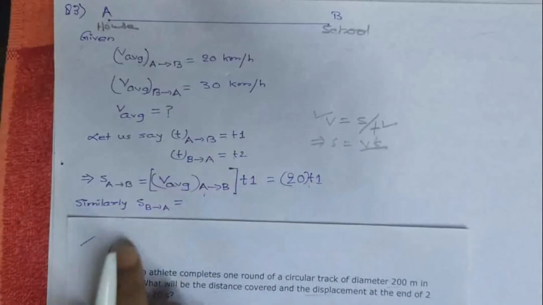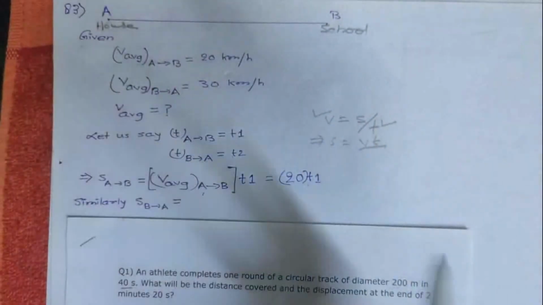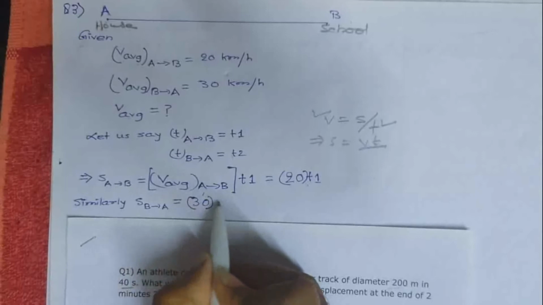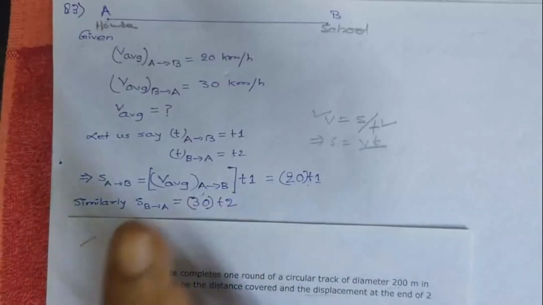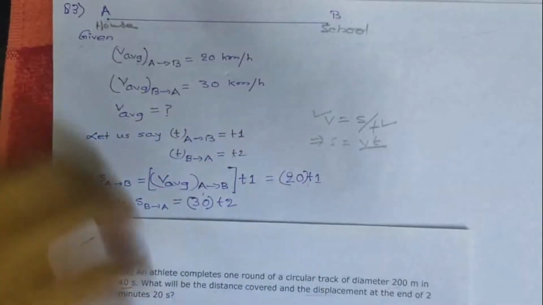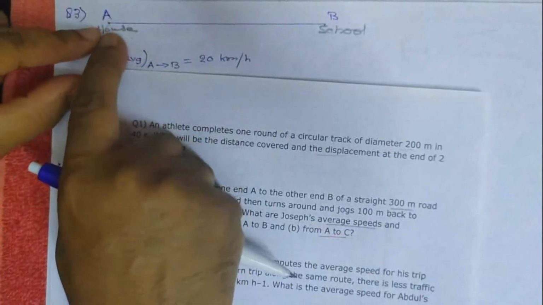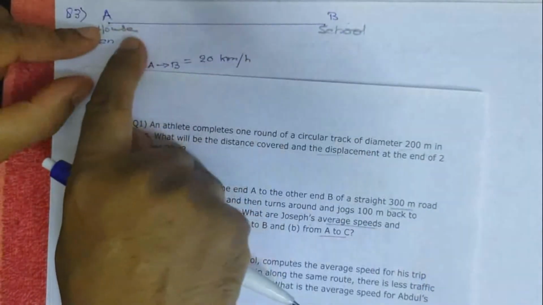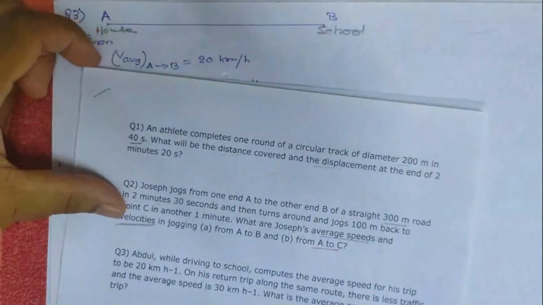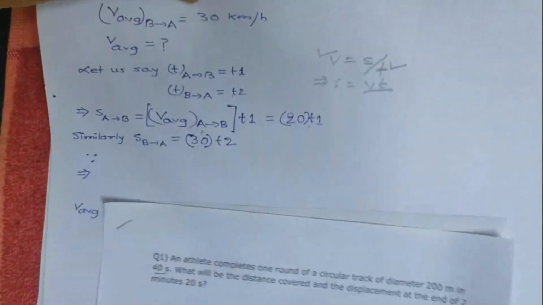Very simple. So in the same way, what is average speed? Distance traveled while moving from B to A will come out to be 30 t2. There is one thing which is given silently in the problem, that we have to apply our common sense. The distance which Abdul covers while moving from A to B and back, B to A, is of course the same. So now we can put that particular concept in this case.